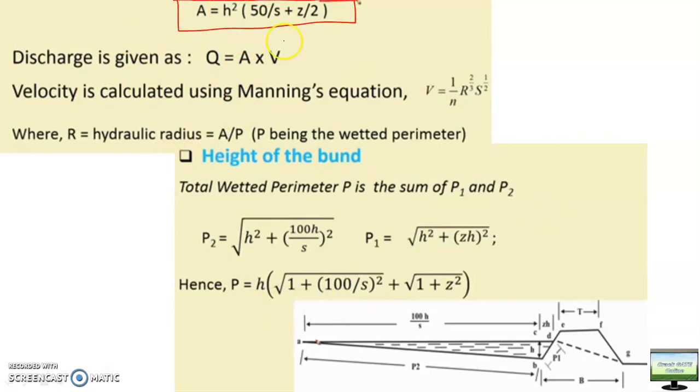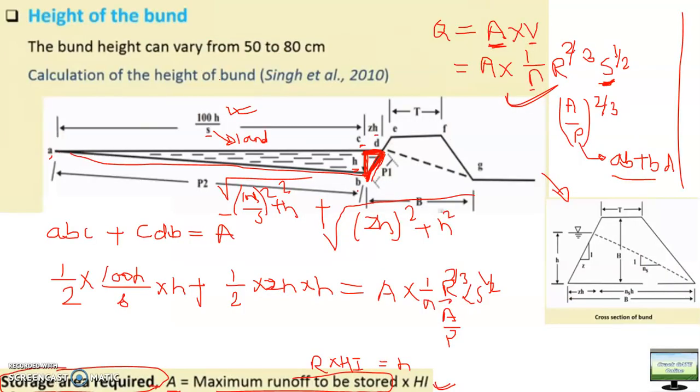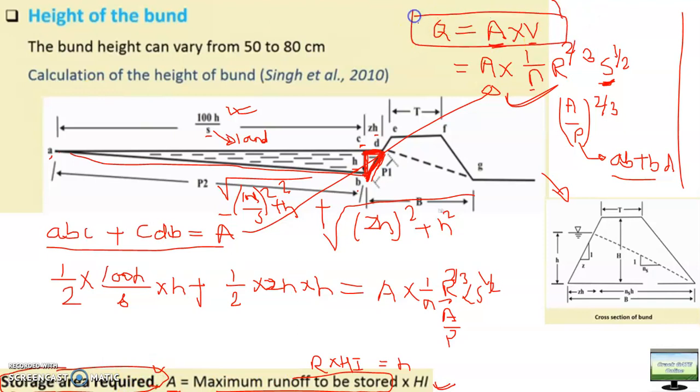Okay, this is the area, and you put the same area as here, and the velocity as this. So you have to calculate the discharge from here. Here, the area you have calculated, you put the same area as here, because you cannot use this equation, storage equal to A into, now you are discharging this water, so you have to use simply Q equal to A into V, because you need to dispose of this water.